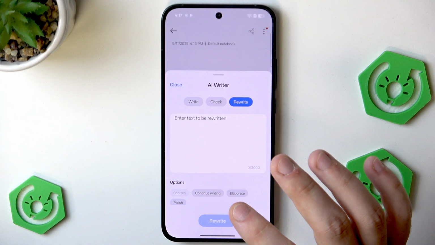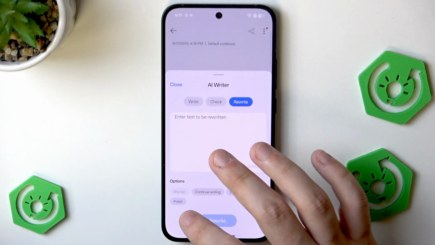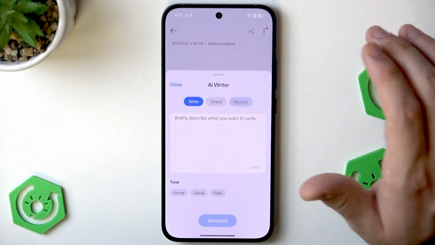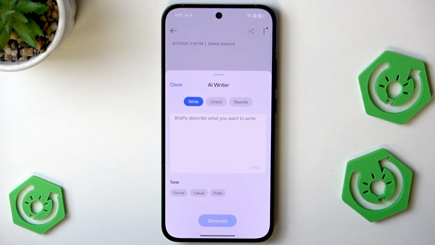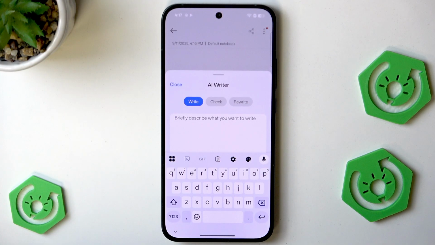And below we can select the options, what we want to do with this rewritten text. So we can select continue writing, we can elaborate the text, or translate it into the selected language. In my case, it's Polish. So let's use the write mode, for example. Let's briefly describe what we want to write. So let's say